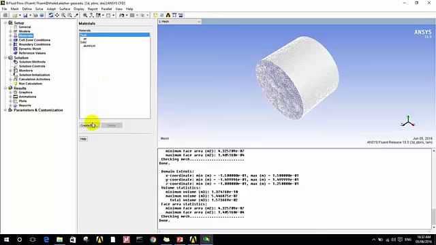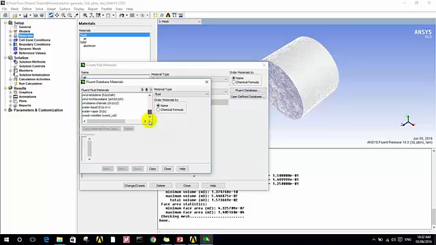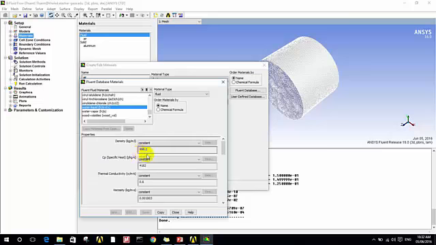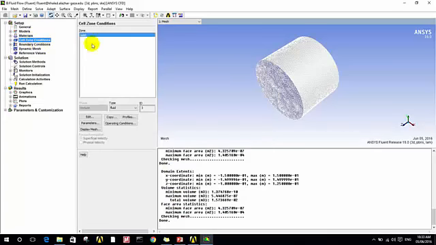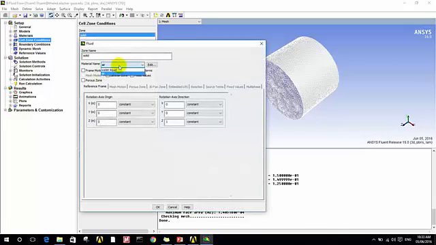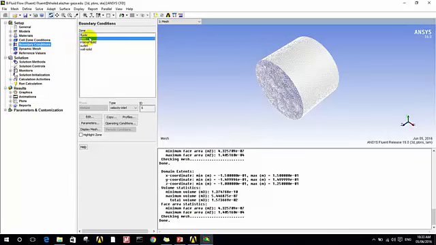Okay, now we want to add a new material, for example liquid. So we have here vapor liquid and water liquid. So I'm choosing the water liquid. Here are the specific heat, density, thermal conductivity and viscosity, the material specification. So I make it copy. Now if I go to cell zone conditions, I need to choose water liquid from here. Okay, now if I go to boundary conditions and I choose inlet and edit,